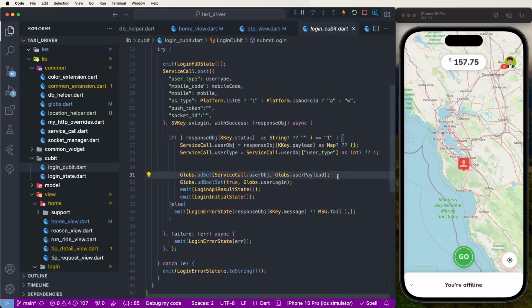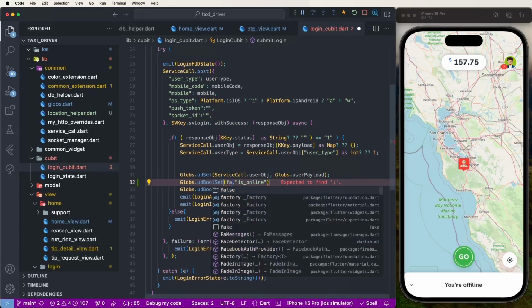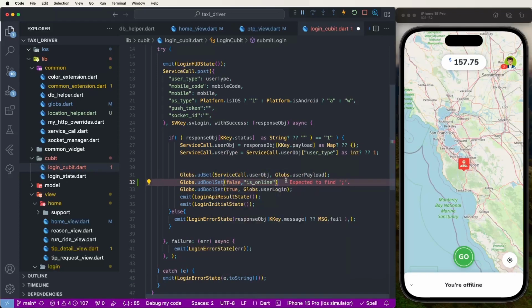And also we need to put this offline: reset the boolean and give false for offline. If it is a new login, then